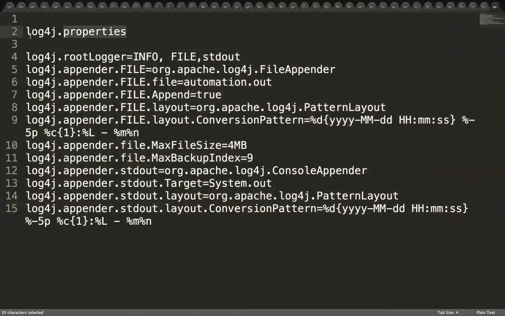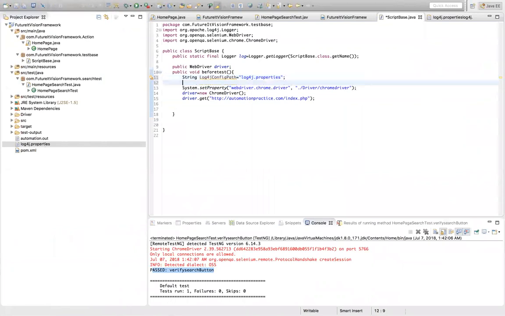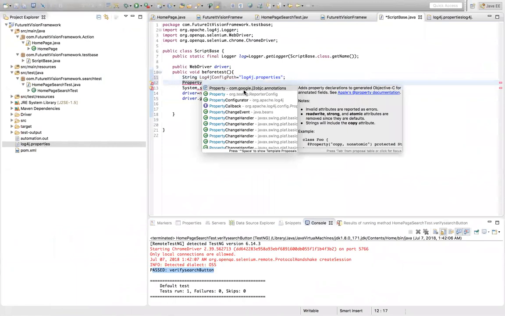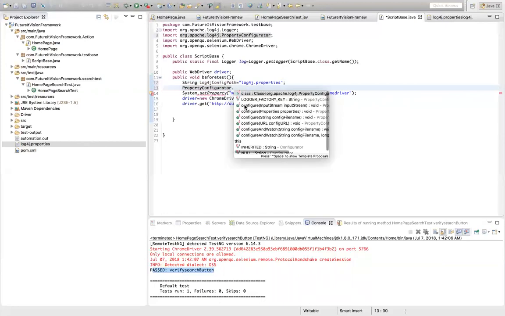Okay, so make sure you don't have a space. Okay guys, and close it. So now this path I have to provide, which is provided in the properties configuration. So in the property, it's a control display property configurator dot,